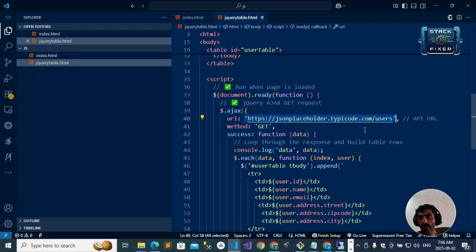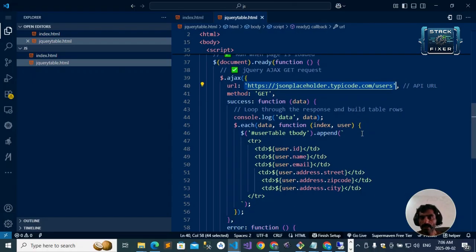Inside the URL, you can add your API endpoint here. Then the method of this API is GET. There are many other API methods like POST, PUT, DELETE, etc. On the success function, I have logged the data in the console for testing purposes. In the next step,